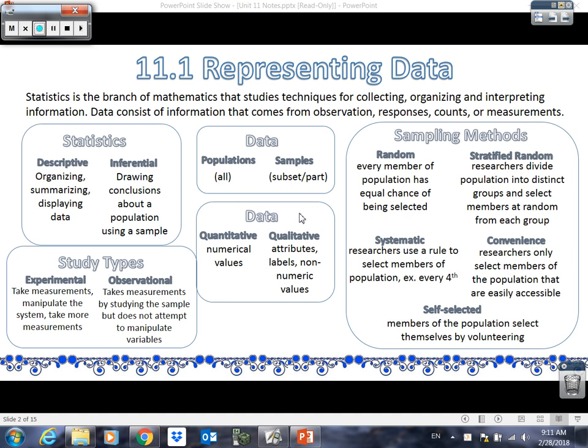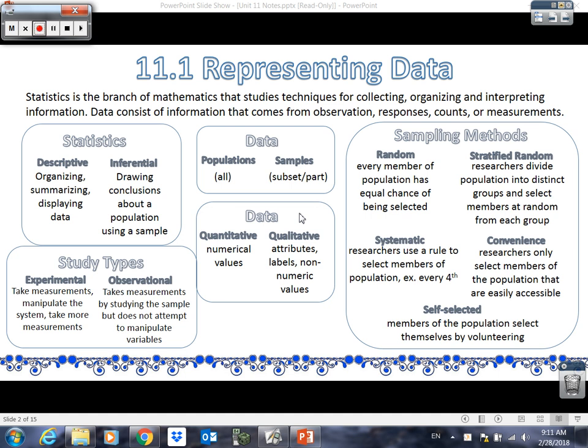So I wanted to get this unit fitted in before the spring, so at least you would have some experience with the kinds of concepts that you're going to be faced with on those tests. Okay, so basically the unit is part statistics, about half probability, a little bit of both. Today we're just going to review some overall information about statistics, and we're going to do some specific ways to